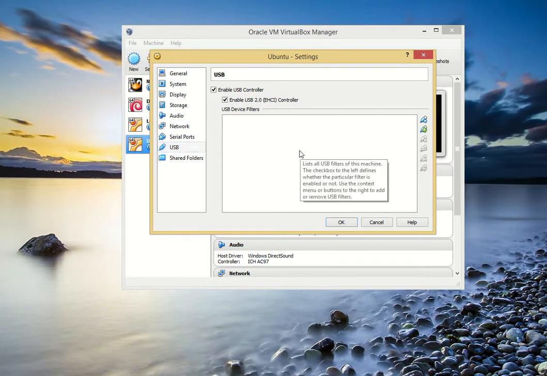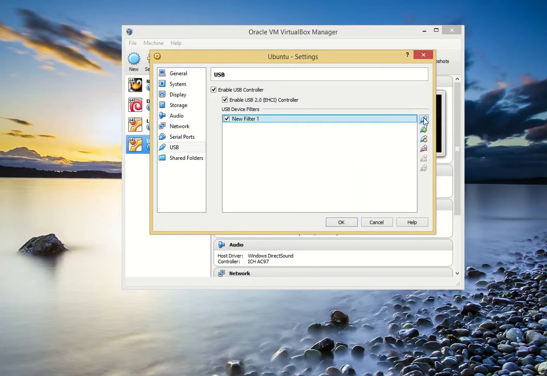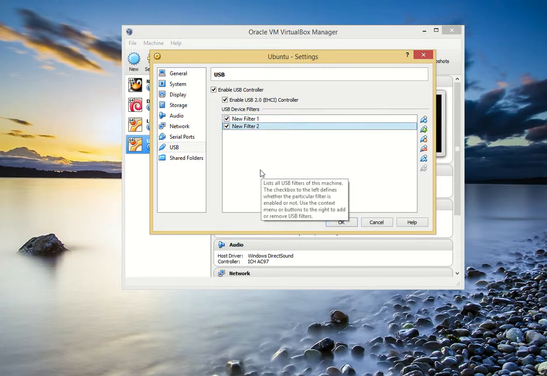I prefer not to do that, as I've had issues in the past where if the virtual machine uses a USB device, then my host machine loses access to it. So I prefer to just add simple filters, and what I'm doing with this top filter button is I can always assign these USB ports to whatever device I have running on the host on the fly,